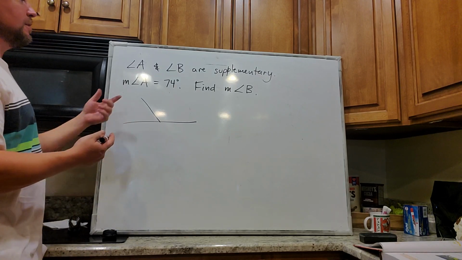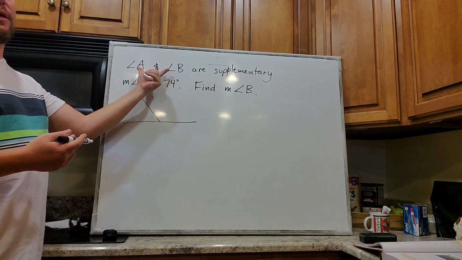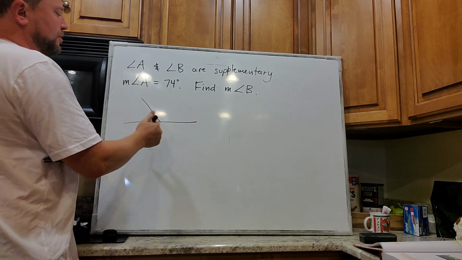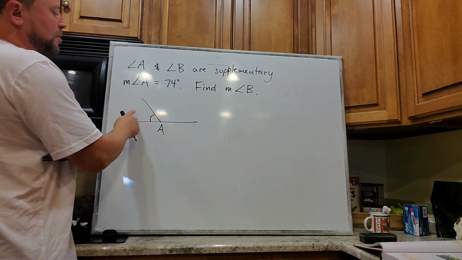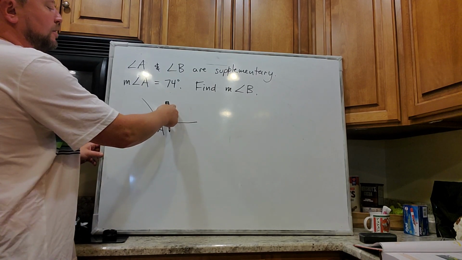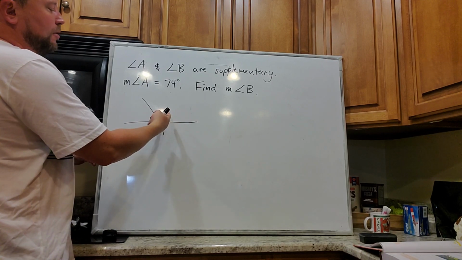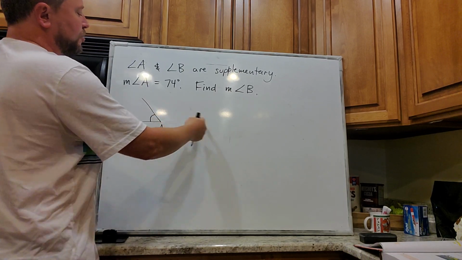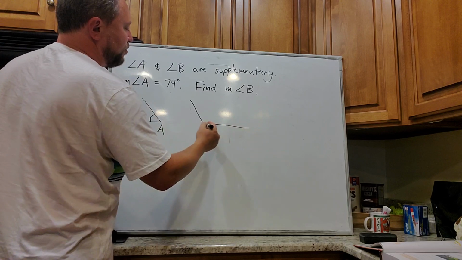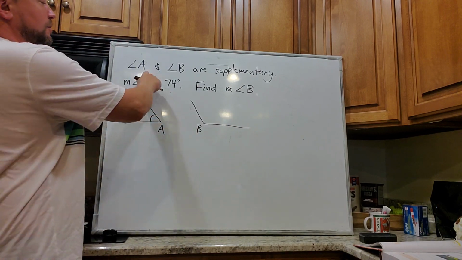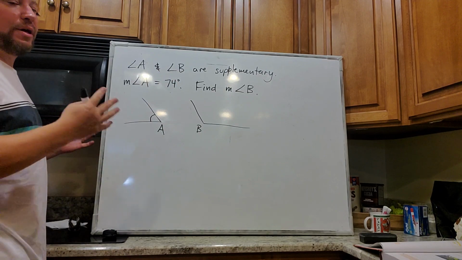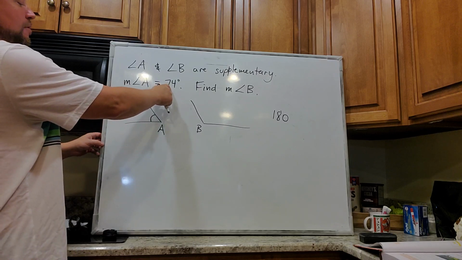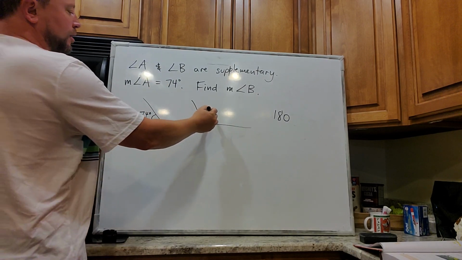In this case, I know that's not the case, though, because look at the names. Angle A and angle B. If I use a single letter to name an angle, that means that's its vertex. So if this is going to represent angle A, then this would also be called angle A. See that? So I know my picture that I drew initially here can't be the case. Instead, this other bigger angle over here is separated like this with its own vertex B. But they do mention that they're supplementary, so I know they're going to add up to 180. So if they add up to 180 and one of them's 74, and I'm trying to find that one,